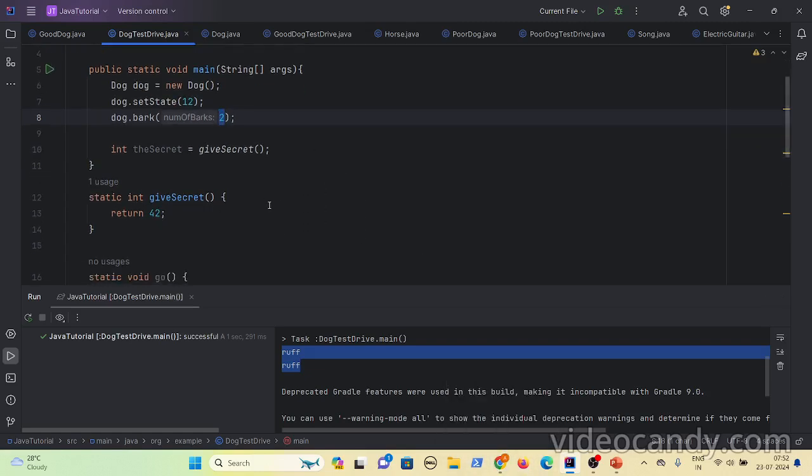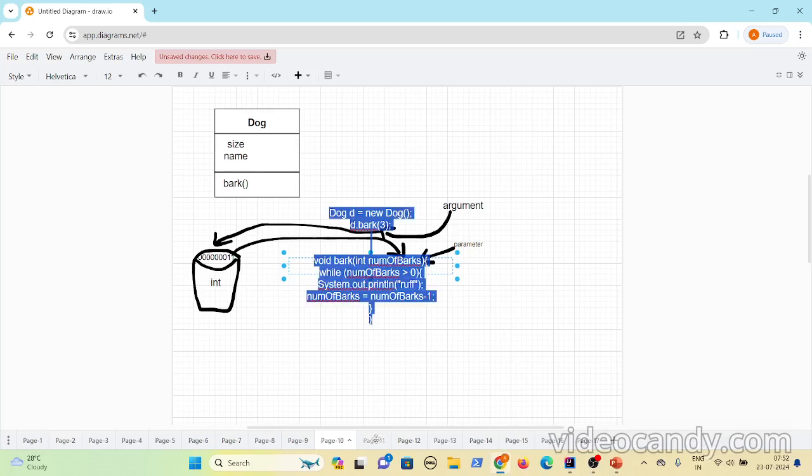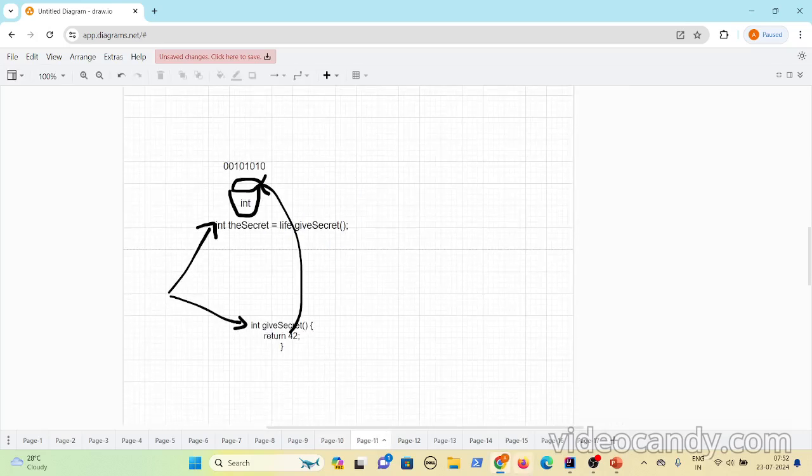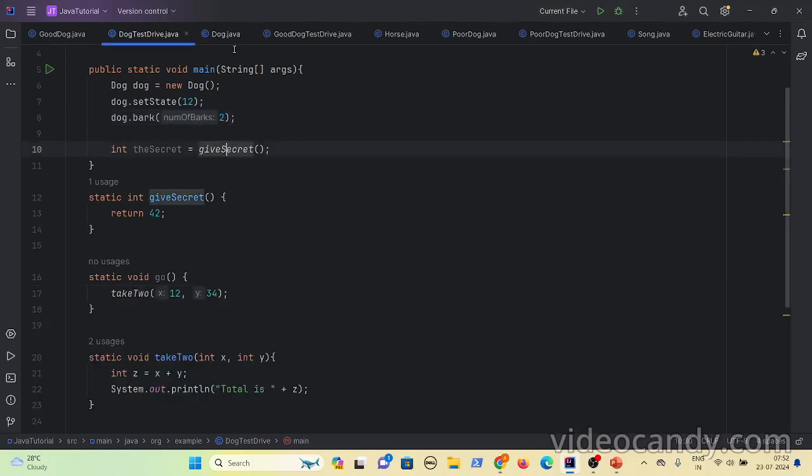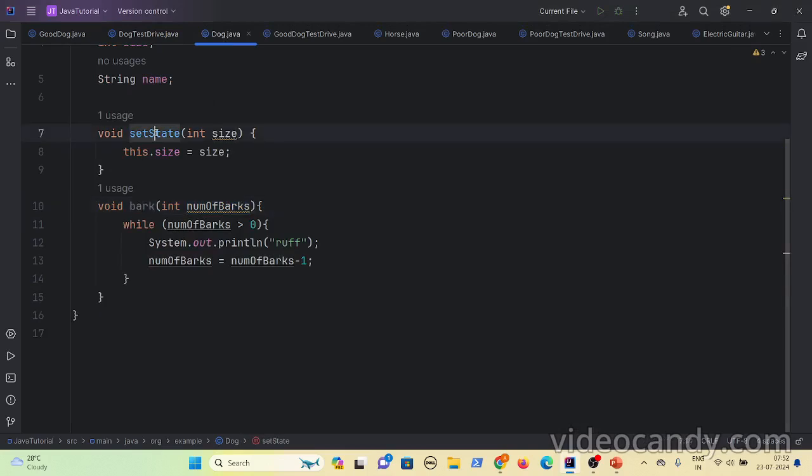Sometimes the methods will also have return types. Let's see that as well. Now if you see, I have defined a giveSecret method. If you look at the bark method or the set size method, you have the return type as void. Basically, it is not returning anything. You are passing something and it is using that value and executing some logic.